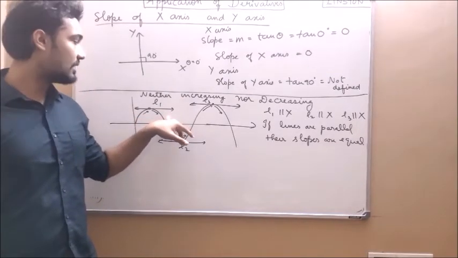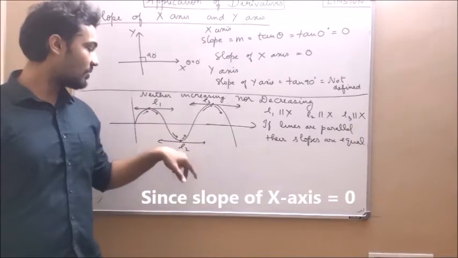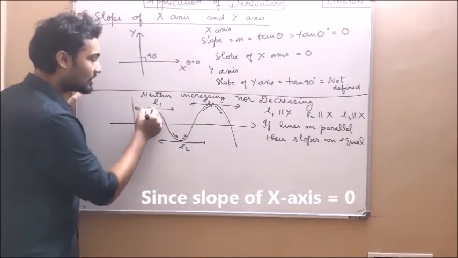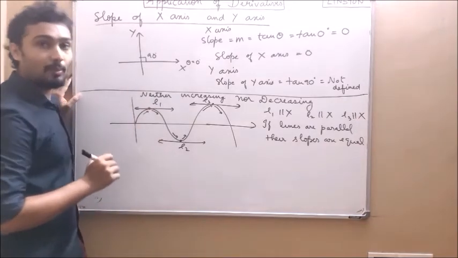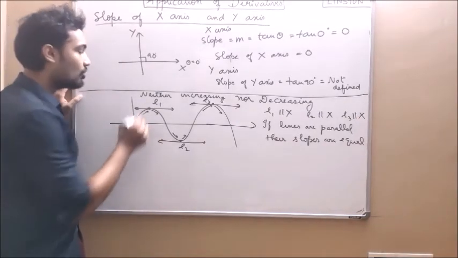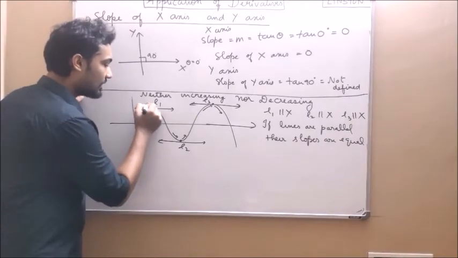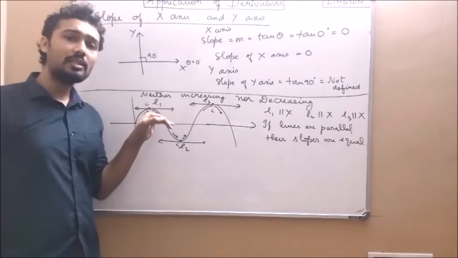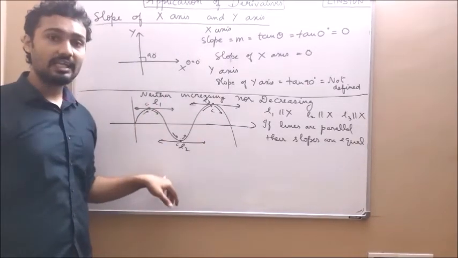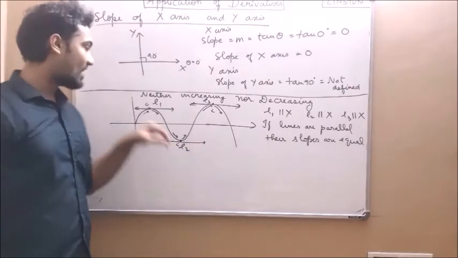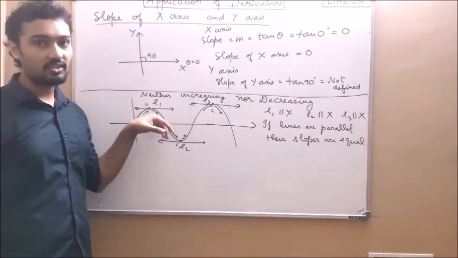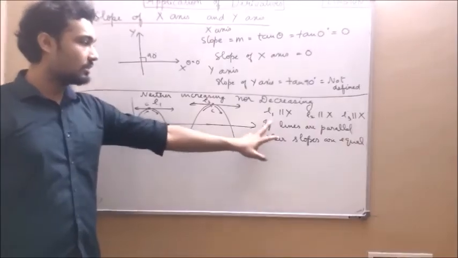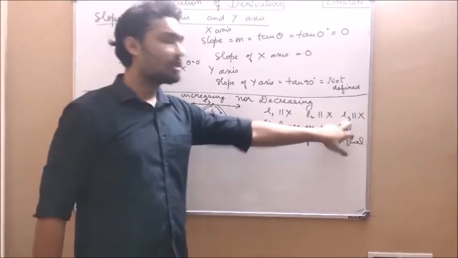The slope of line L1 is 0, of course. The slope of line L2 is 0. The slope of line L3 is 0. So you take any point on this line, at this point, the slope is 0. Slope is nothing but f dash of x. So you take this point C, take this point C, take this point C. So we are taking all these points C such that f dash of C equal to 0. At this point, the slope f dash of C equal to 0. So keep that in the back of your mind. For all these lines, the slopes are 0.